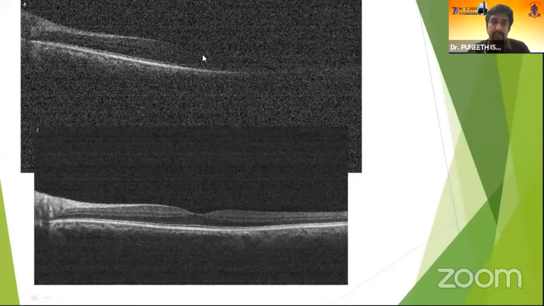Sometimes, if your cataract is blocking your OCT acquisition, you can get around the cataract and take a better image. This depends on the skill of the person or the technician who is doing it. So you can just focus it a little around and you can get a very good quality image to know if the retina is okay prior to cataract surgery.